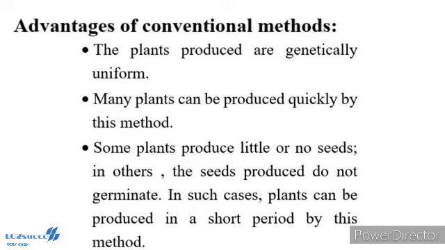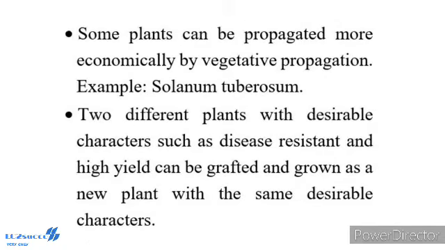Advantages of conventional methods. The plants produced are genetically uniform. Many plants can be produced quickly by this method. Some plants produce little or no seeds. In others, the seeds produced do not germinate. In such cases, plants can be produced in a short period by this method. Some plants can be propagated more economically by vegetative propagation, for example, Solanum tuberosum. Two different plants with desirable characters such as disease resistance and high yield can be grafted and